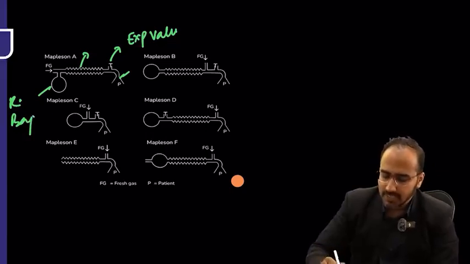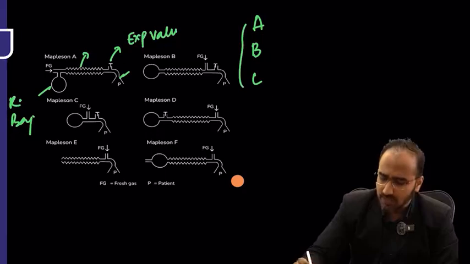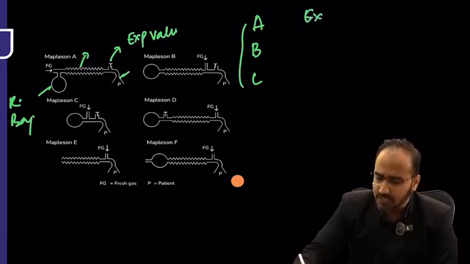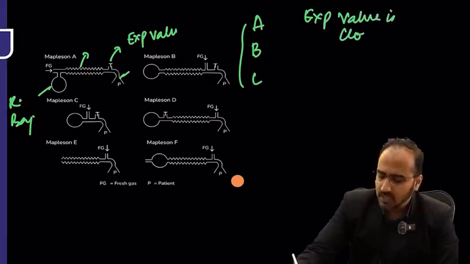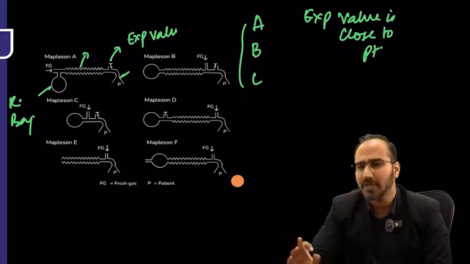Okay. Now guys, in Mapleson A, B and C, one thing is common. What is that thing common? The expiratory valve is close to the patient. So in order to remember the diagram of the circuit, remember the expiratory valve close to the patient is Mapleson A,